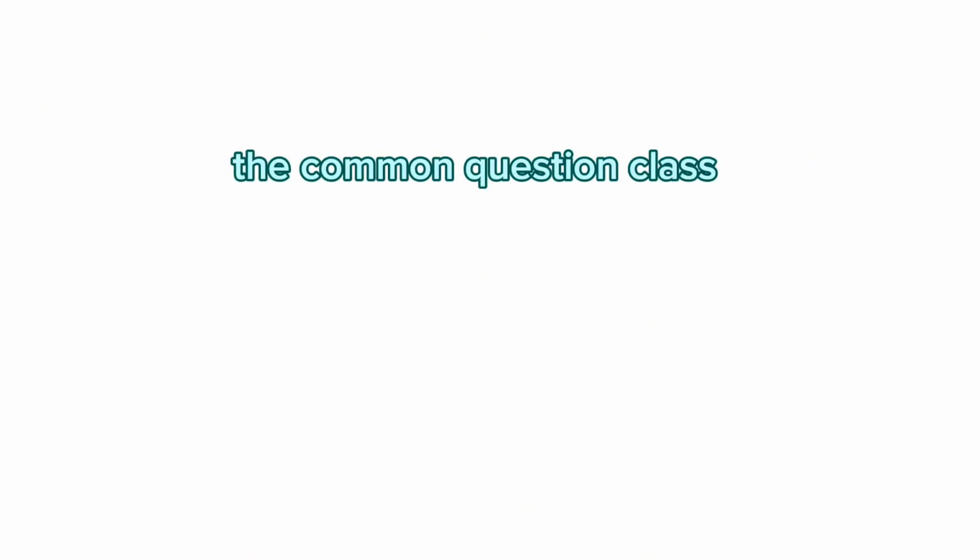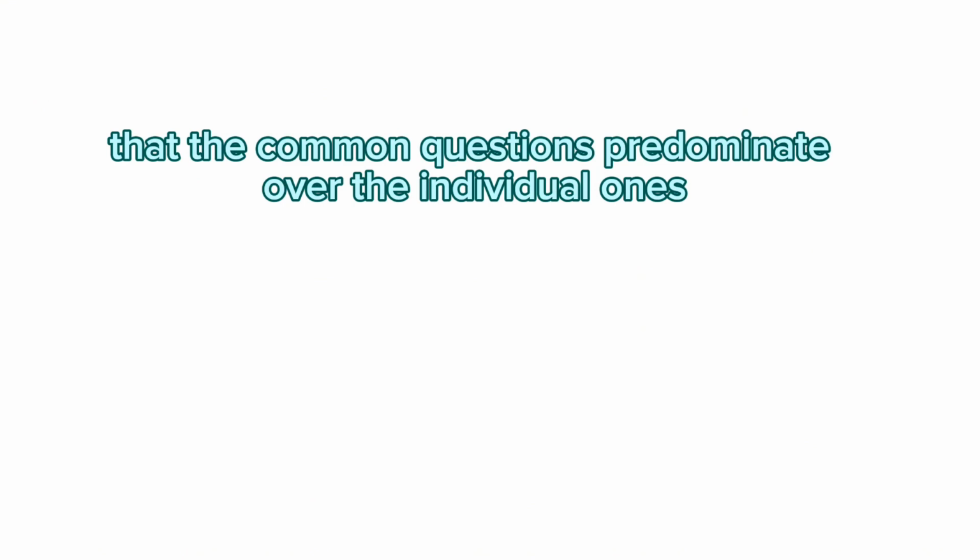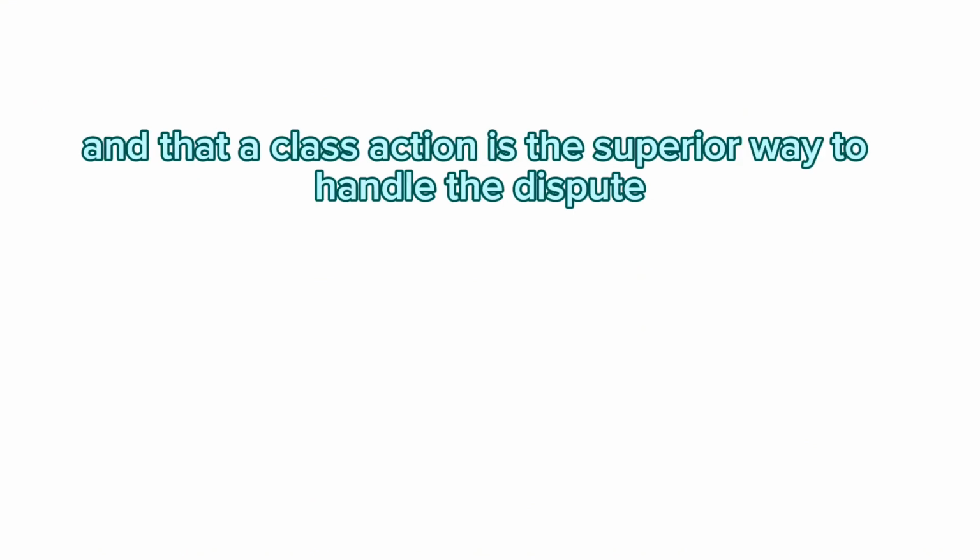Which leads us to the big money class, Type 3, the damages class. This is Rule 23(b)(3), the common question class. This is every consumer product defect case you've ever heard of. To get this type of class certified, you have to show 2 extra things: that the common questions predominate over the individual ones, and that a class action is the superior way to handle the dispute.